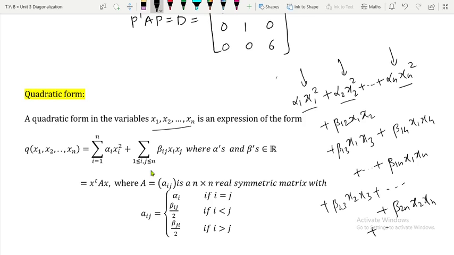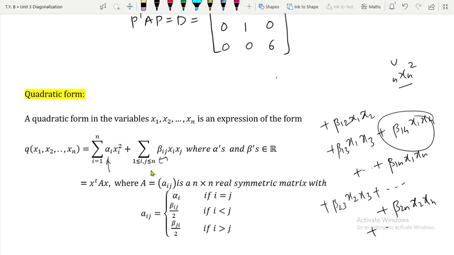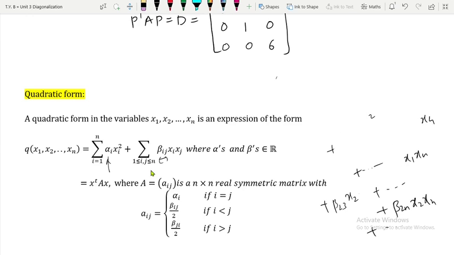If you observe properly, the degree of each term is 2. So whatever this quadratic form is, it is nothing but a homogeneous equation having degree 2. You might have already heard this word in differential equations. So if I want to give an example of a quadratic form, remember these coefficients may be 0 sometimes. It is not like your quadratic form is going to contain all these terms. Let me give an example, then you'll understand.